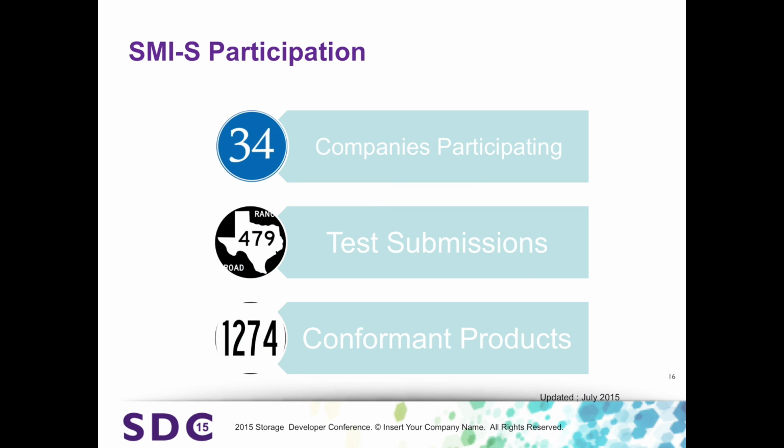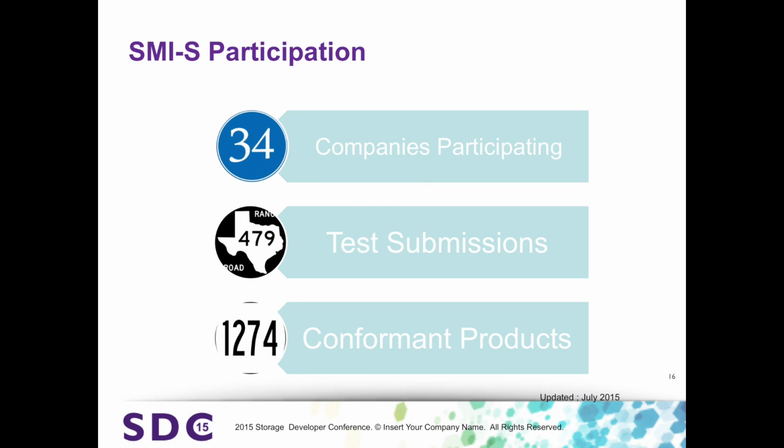Now, we currently have 34 different companies participating. And the funny thing is that number's actually gone down a little bit because companies have been bought. For instance, when NetApp bought Engenio, that used to be 2 companies that both joined separately. Boom, they're one. EMC, Data Domain, one. Different companies, when they get bought up, that actually shrinks that down,